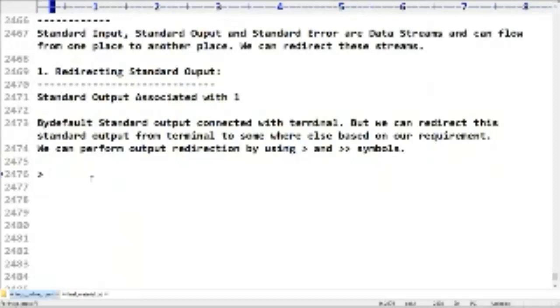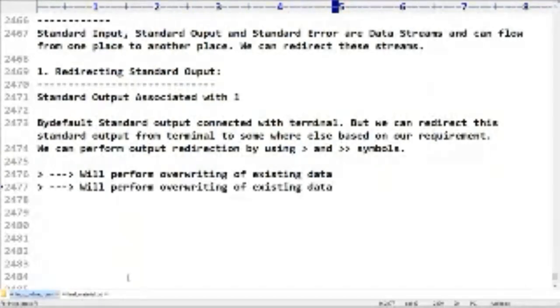The single greater than performs overwriting of existing data. The double greater than performs appending to existing data. So if you want overwriting, use single greater than. If you want an append operation, then we need to use double greater than.